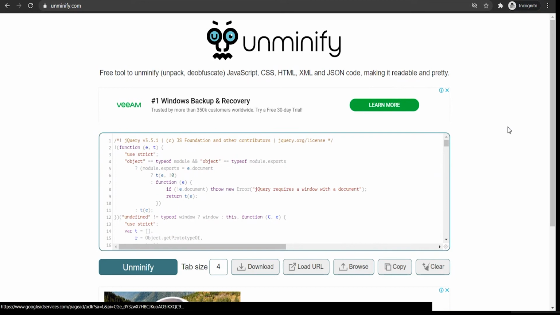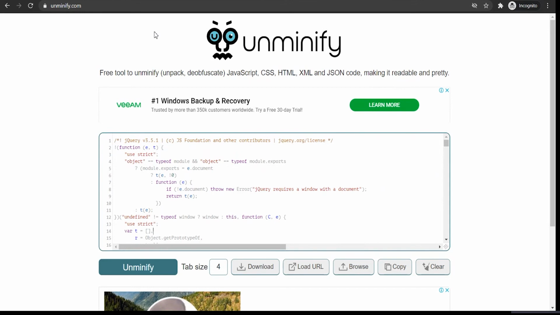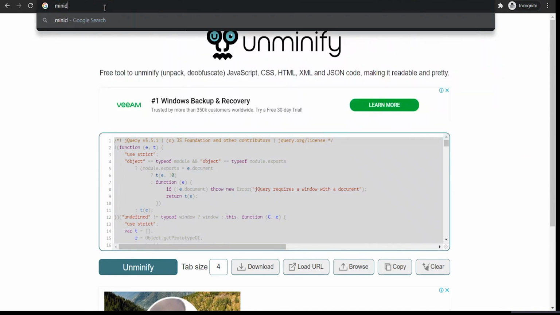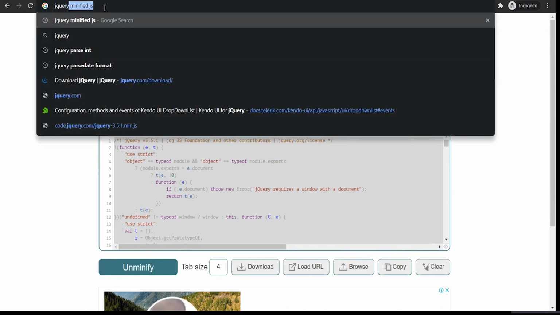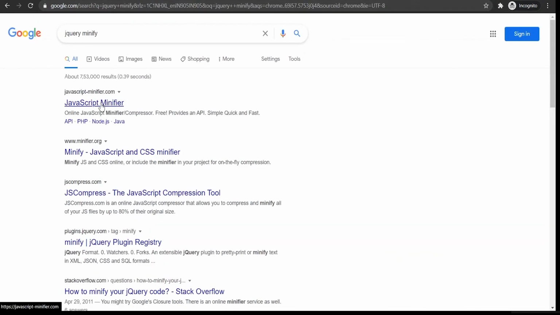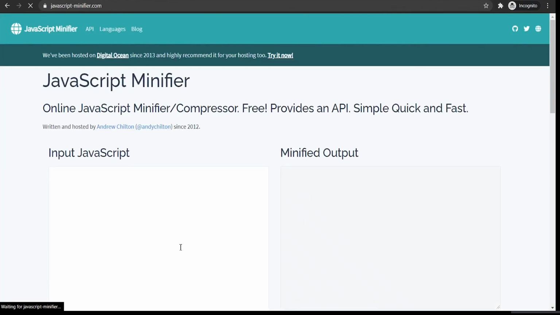So this is the beauty of this website. And one more thing: we have already unminified it, so how will you minify it if you want to? We'll just copy this and find javascript-minifier.com.